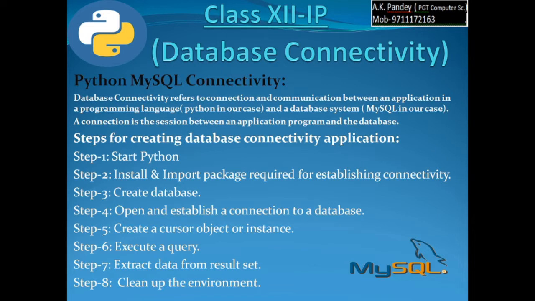So this is what about the connection and why connection is required, why we do connectivity, just to keep our database safe and sound somewhere permanently, so that again and again set of inputs are not required, or if required, those set of inputs can be stored somewhere permanently, or if it is required to retrieve, it can be retrieved from the stored database into the front end software, front end interface through which we are interacting. This is the purpose of connectivity. Here we are performing Python MySQL connectivity.